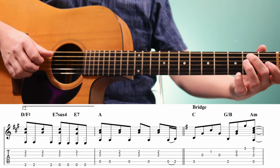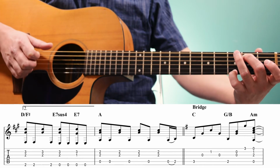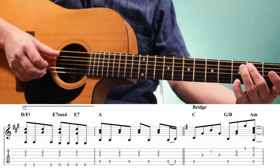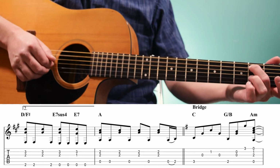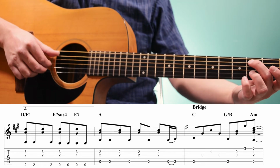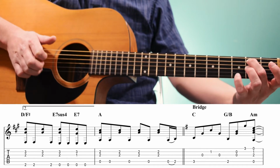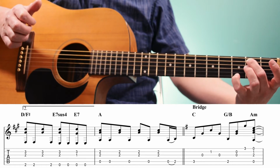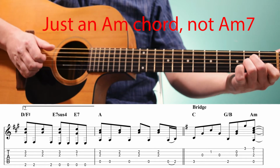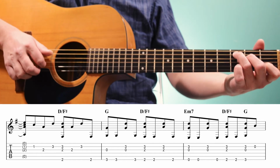Then we're going to play a G over B chord. So it's like a G chord, but we don't need this low G, so we just have our B in the bass. So we play the second fret of the fifth string, followed by the open third and second strings, and third fret of the first string, and then we're going to jump to an A minor 7 chord, which anticipates that next bar. So we have